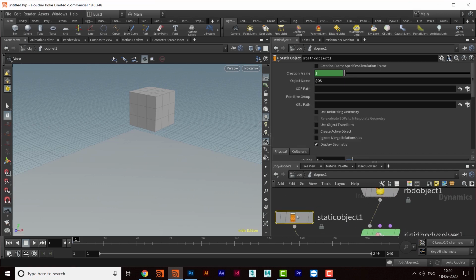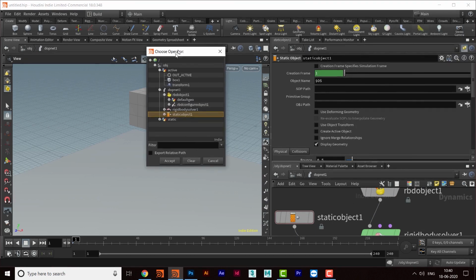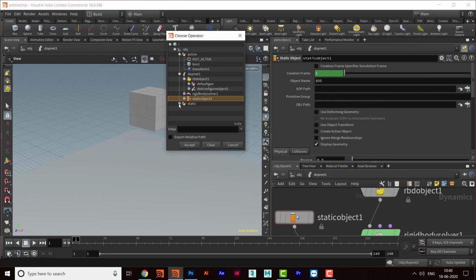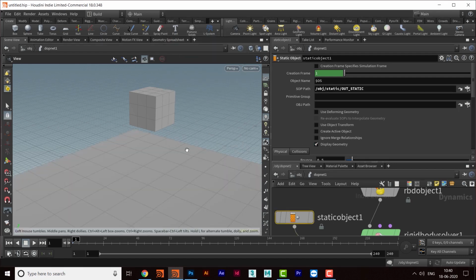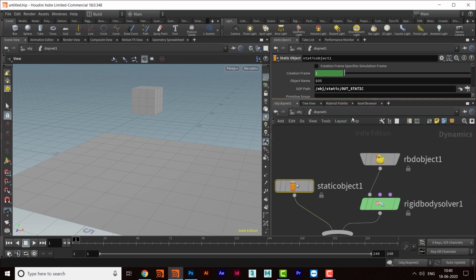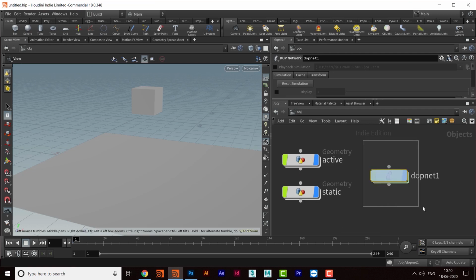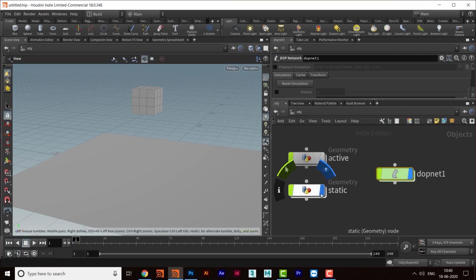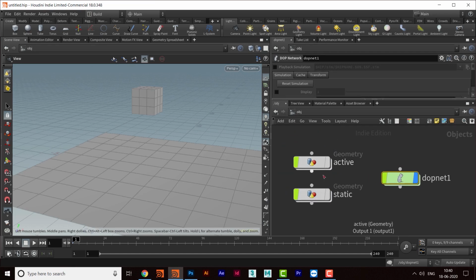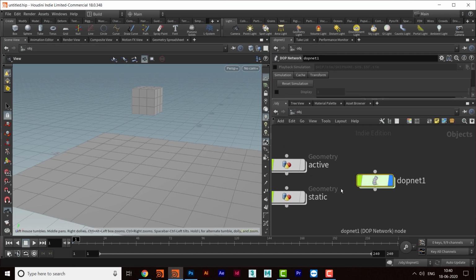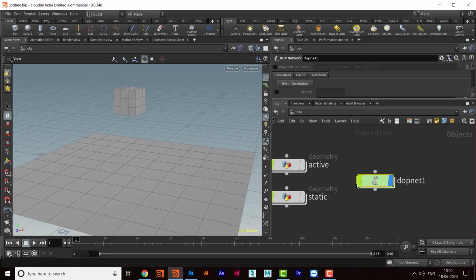I'll go to the static object and click here in the SOP path, then click on static and out static, and okay. So now we have fetched both the bodies, active body and static body. When I come out, because the data is now within this context, we don't need these things, so just switch their display flags off, and now we have these rigid bodies.